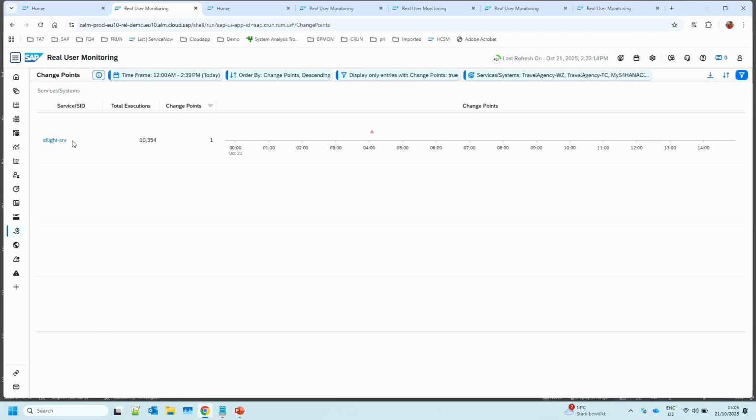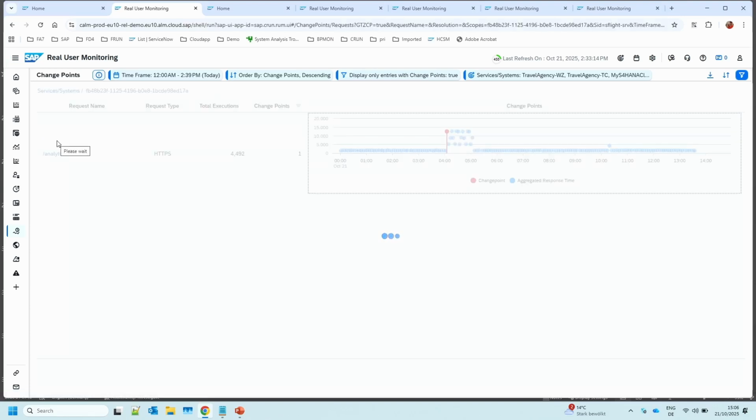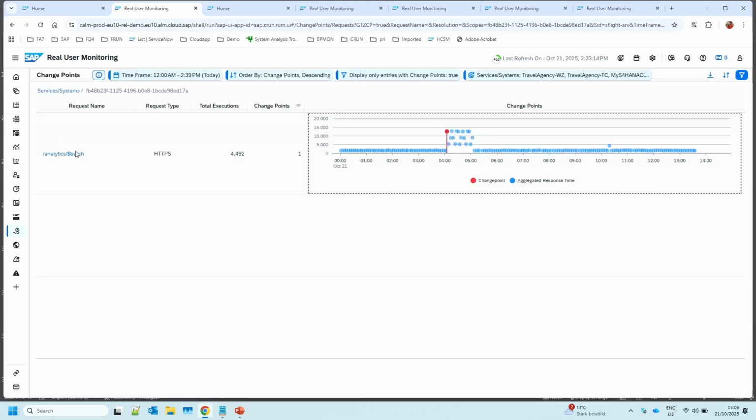If we now drill down into that, we see the request name or the application that has been executed and led to this change point. It was this batch request for this analytics endpoint, an HTTPS request. Here we see the response times, and that the response time increased.